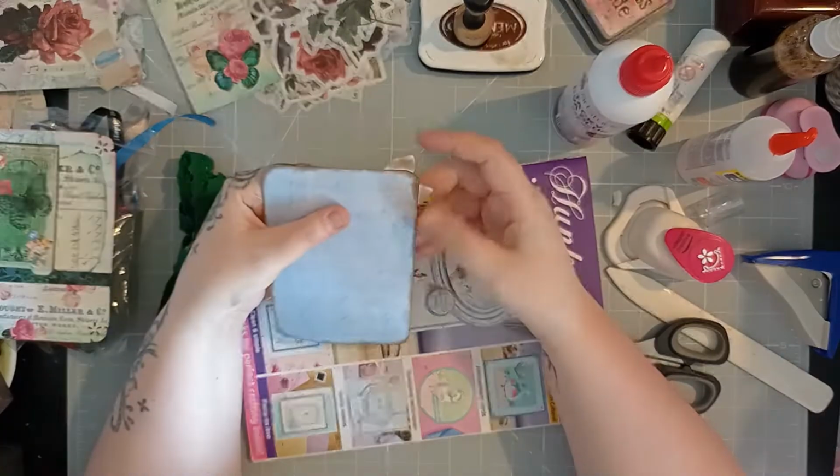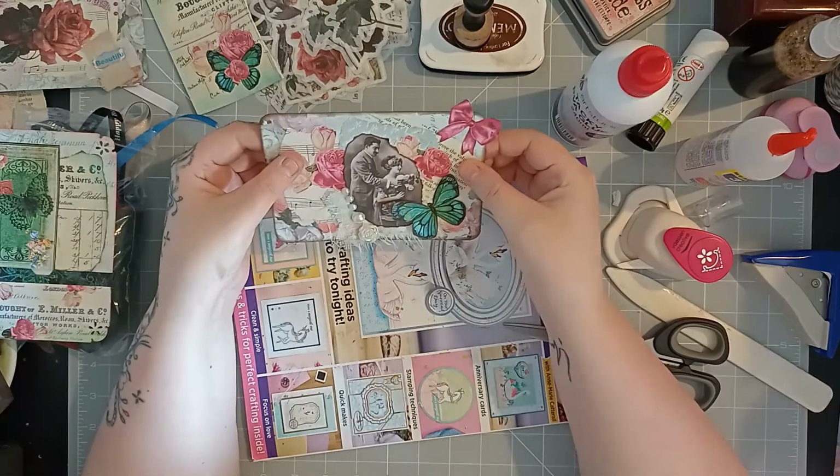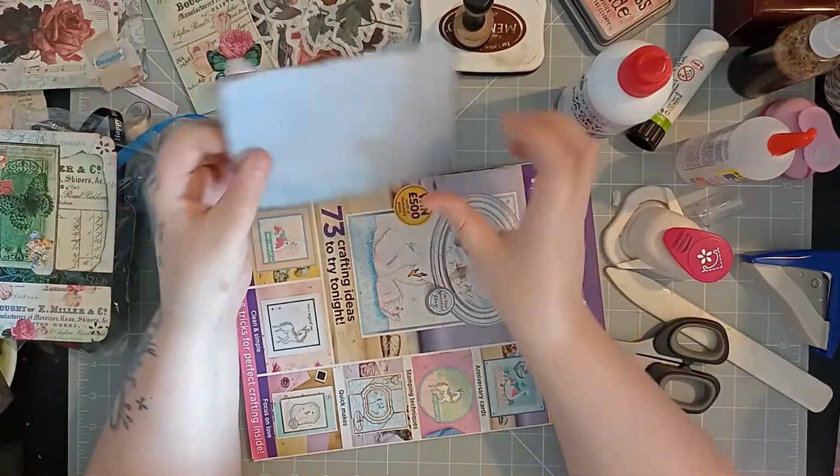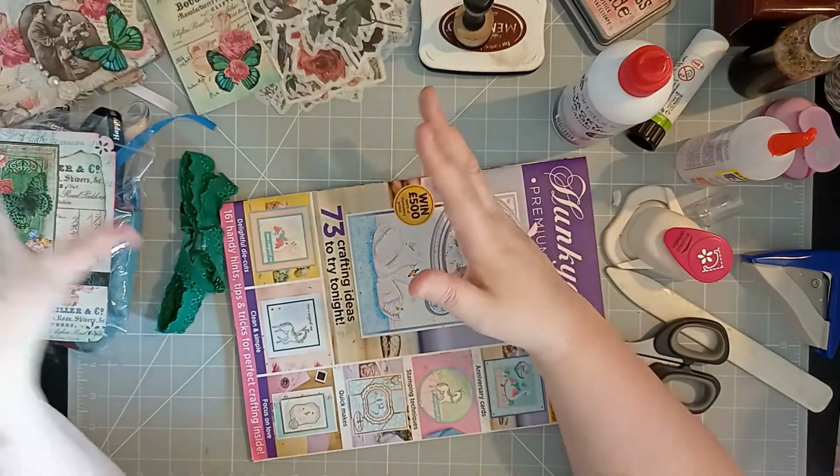I also inked the back of the bow, just so it doesn't look plain white next to everything else. So that's that piece. On the more complicated one,